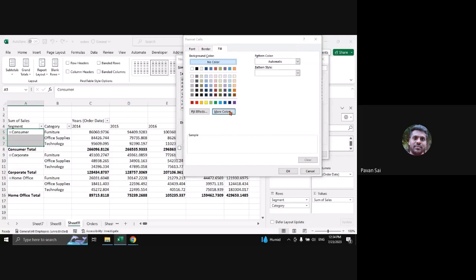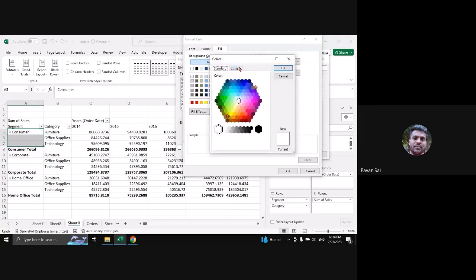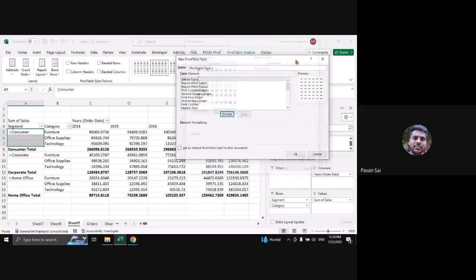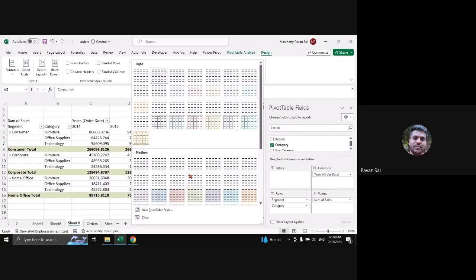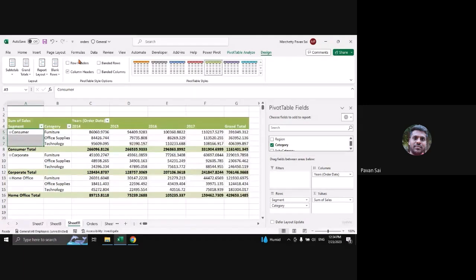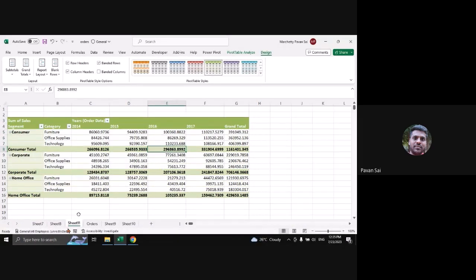And even if you have hex colors, what you can do is go to custom. You can paste your hex codes over here. You can format it. If you want to set it as default, you can check this and click OK, where it will be a default format for you. For now, I'll just select any common format. And okay, let us move further and understand a few options which are very important,